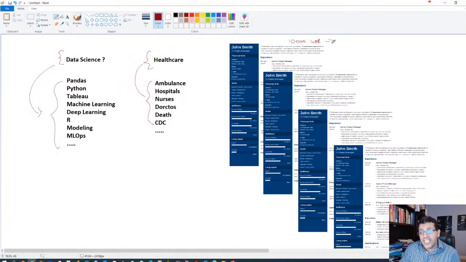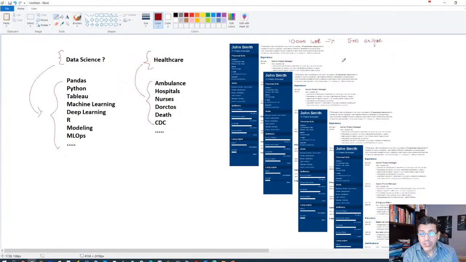And out of these 10,000 words, we have at least 500 unique words. Okay, so as a recruiter, it is going to take you forever to screen